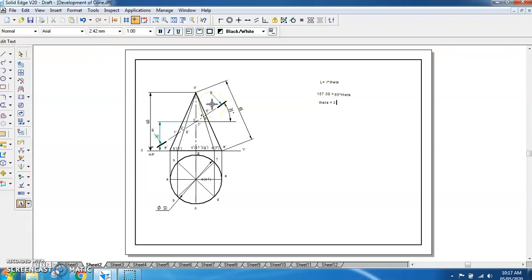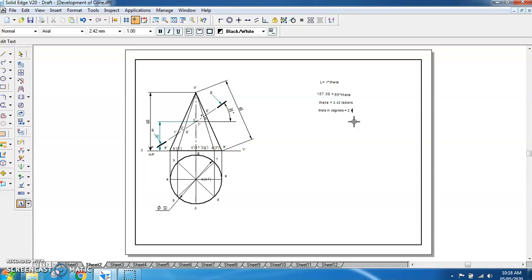So theta is 2.42 radians. So you are getting theta in terms of radians. Now this theta you have to convert into degrees. So theta in degrees equals